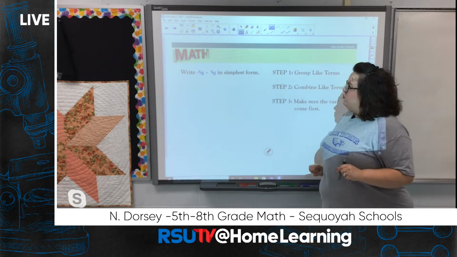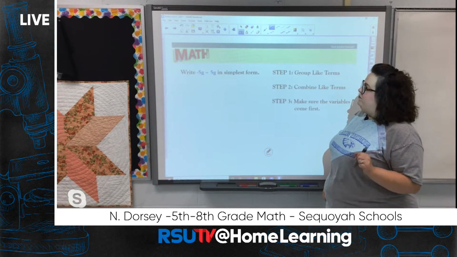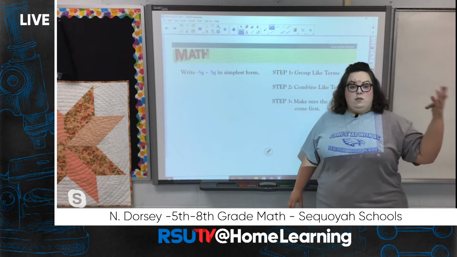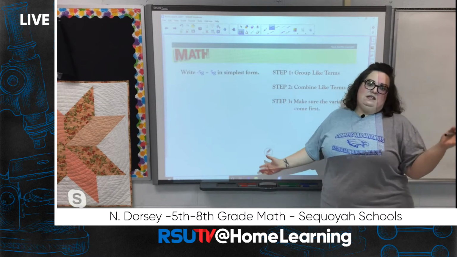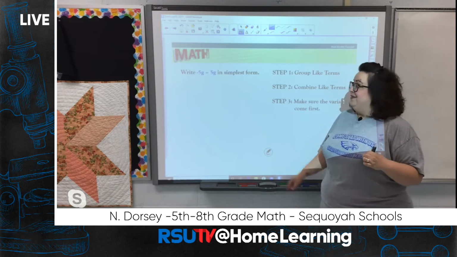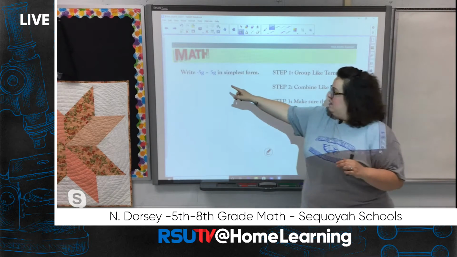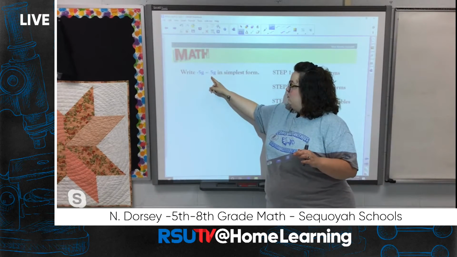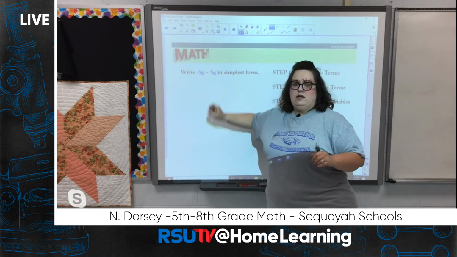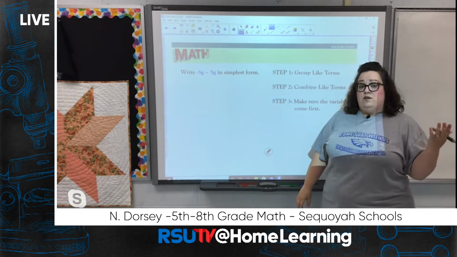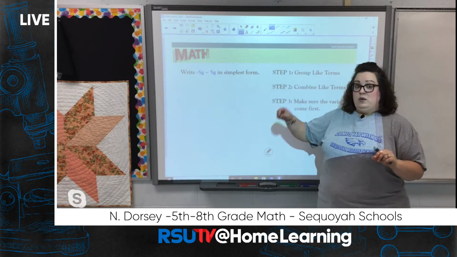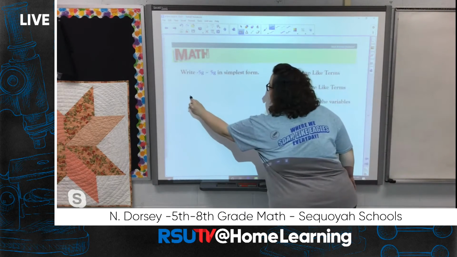Okay, this one says write -5g minus 5g in simplest form. Now, some of you are probably saying, oh, that's easy. It's 0. But if you remember your integer rules, it is not 0. A negative and a negative. Imagine I have parentheses around this -5 right here, and there's a plus sign in the middle. So our rules of adding integers are same sign, and we just add. So your answer is